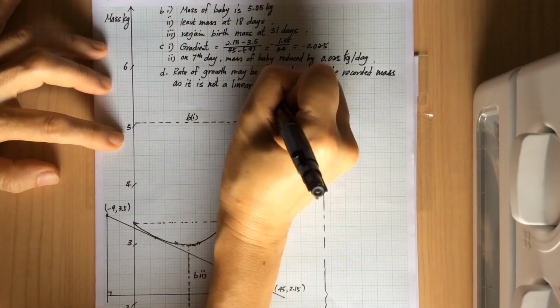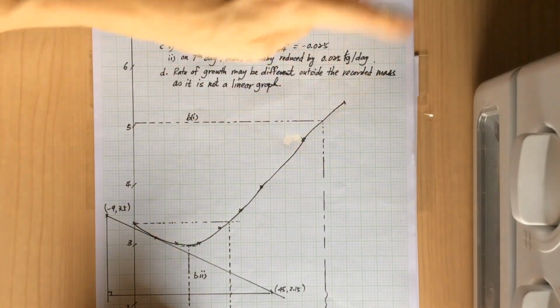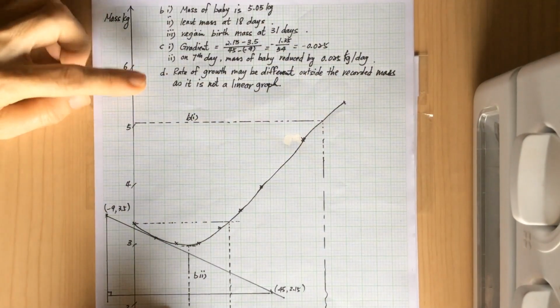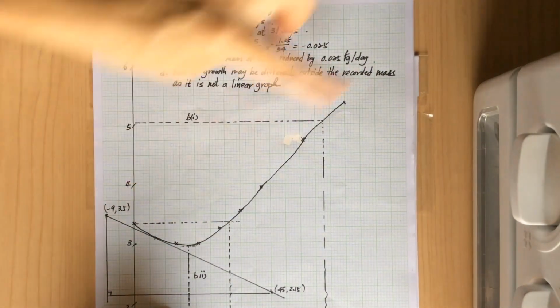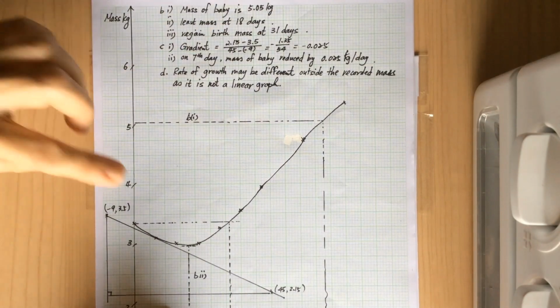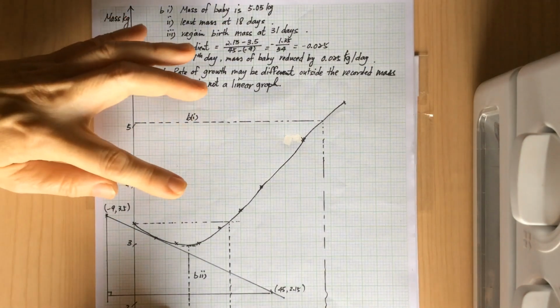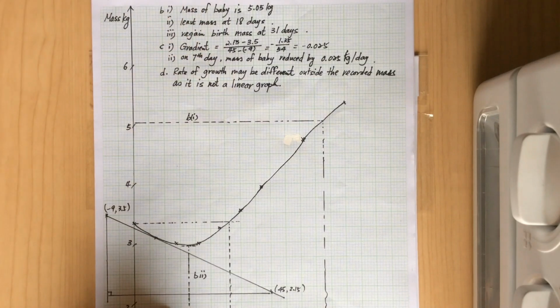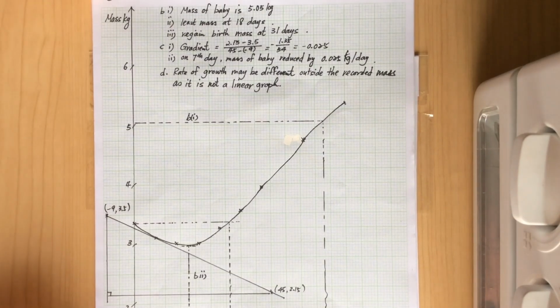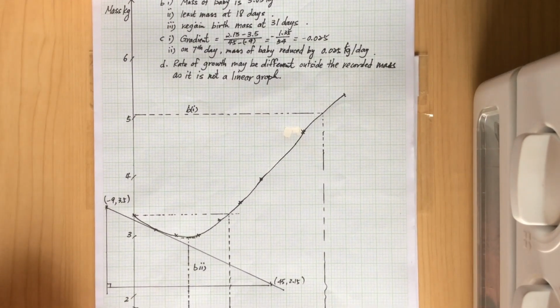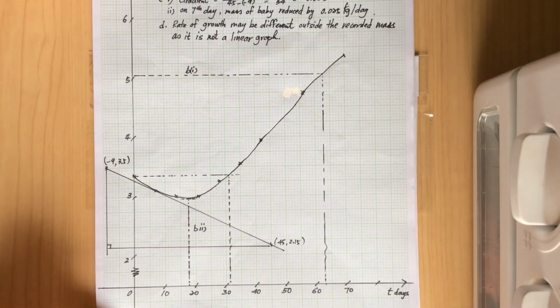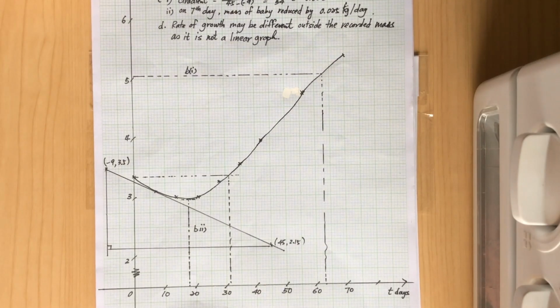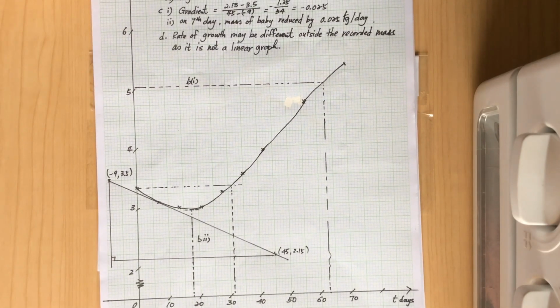It's not linear, so we cannot estimate. We really cannot estimate. So it is not a good way to just draw a line, because the baby doesn't grow proportionally to the number of days. So it fluctuates. Is that clear? So this is the whole question. Got it? Okay. So you do your own